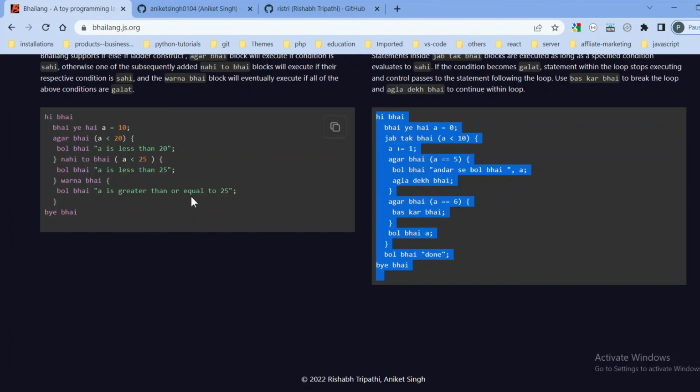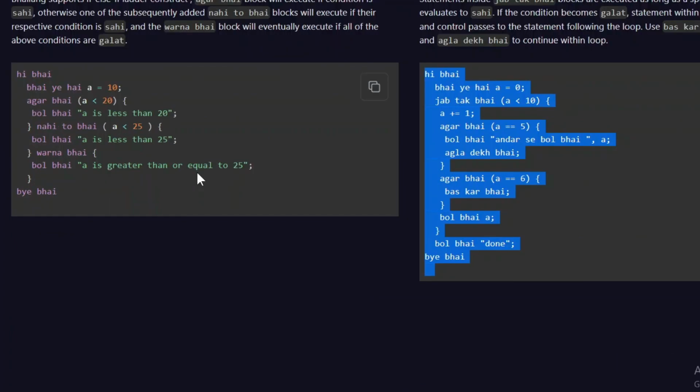But I also want to try this programming language for real world small projects where I can build some small apps and to-do apps and all. But overall, this was a very easy programming language to learn. So this was all about